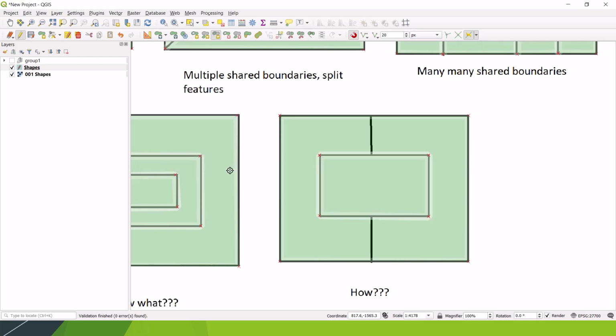Now, if we select the shape we want to split, this one on the outside, not the one on the inside, and now do the split features tool. So click here, click there, and there. Although we are drawing through the middle of this here,